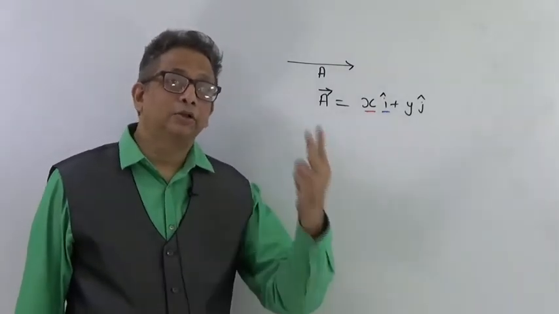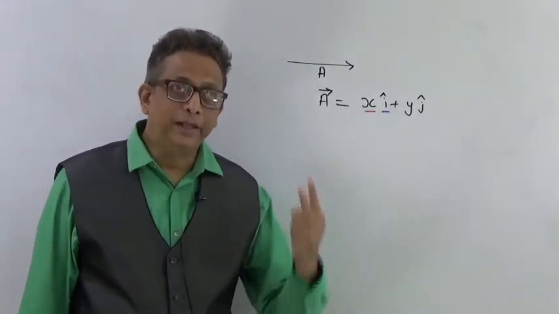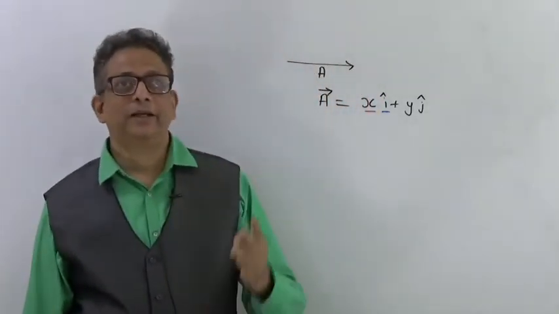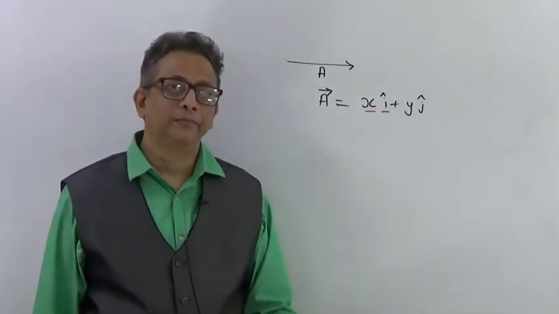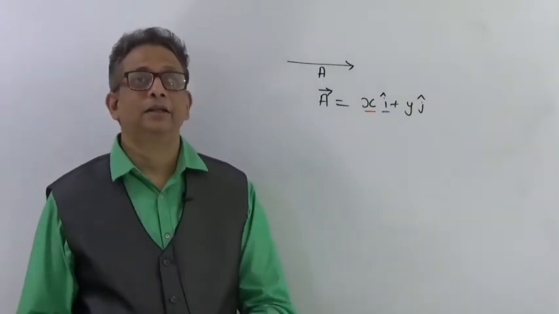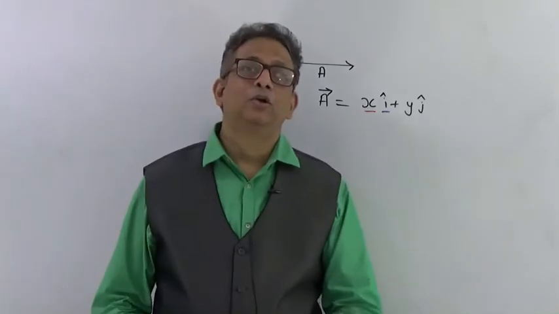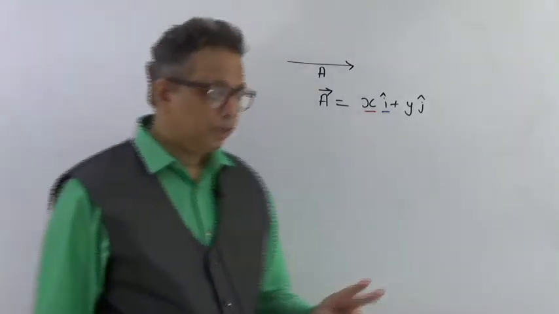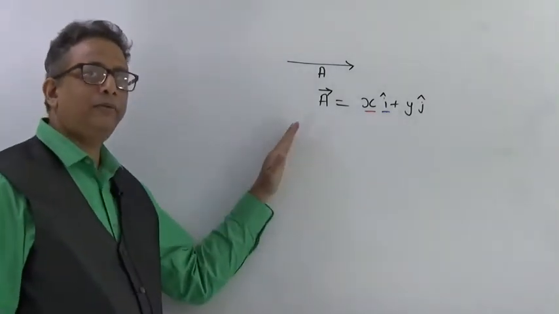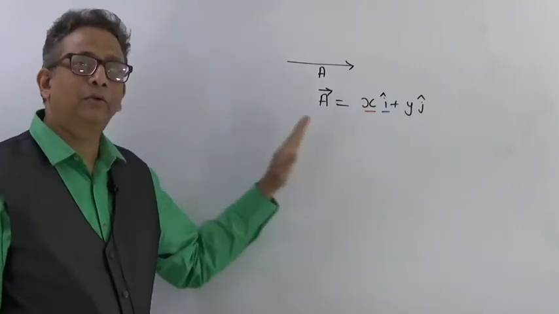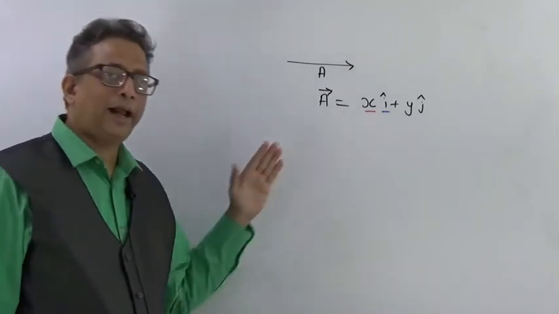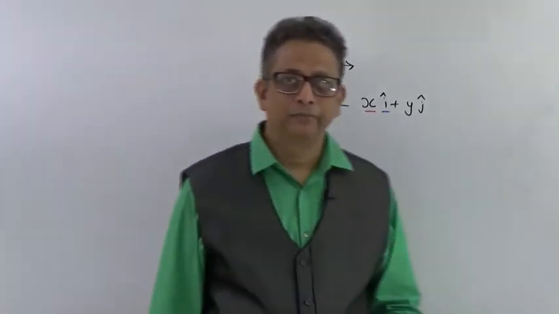Because a vector consists of two components, in the multiplication of vectors we will have two types of multiplication, when a vector is multiplied by some other vector. In the addition, while we are adding or subtracting vectors, they should be of the same type. That means I can add a vector of force with a vector of force, or a vector of velocity with a vector of velocity, fine.